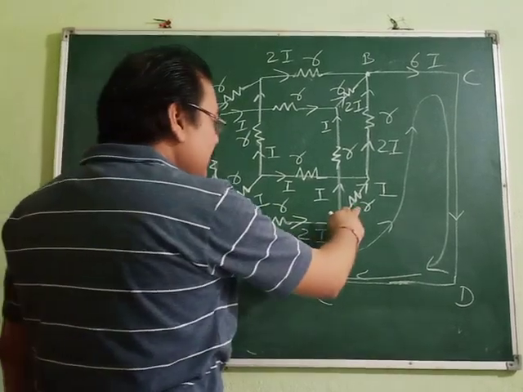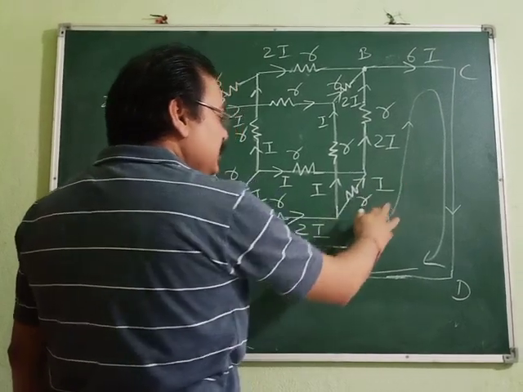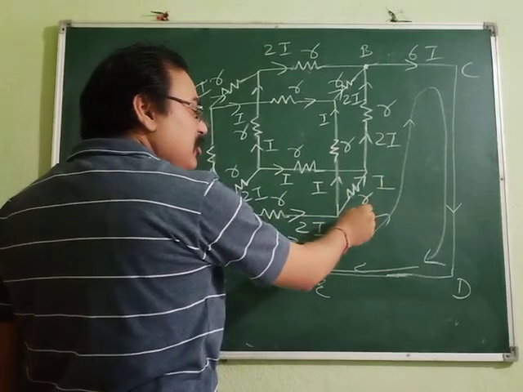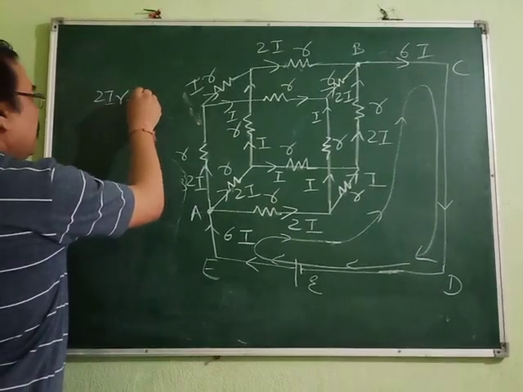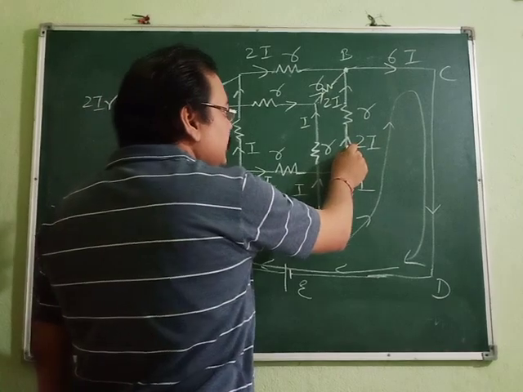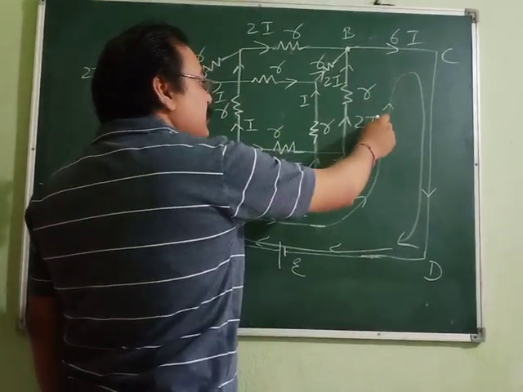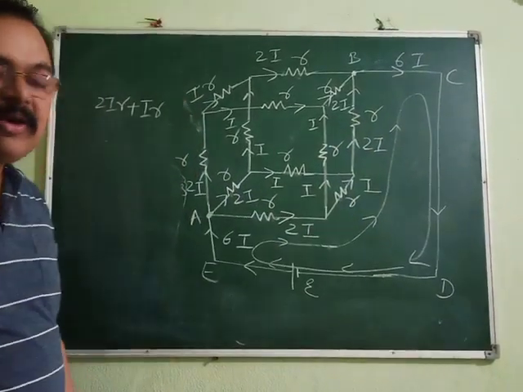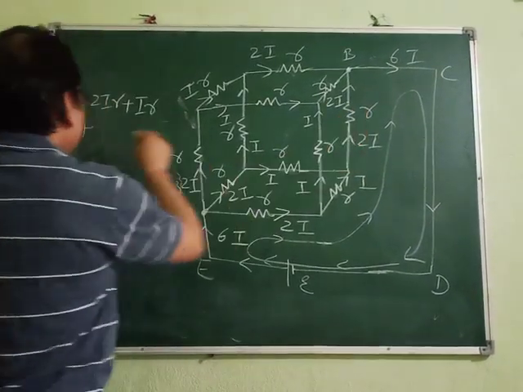Now let's move ahead. What about the direction of current? It is in this direction, and we are also moving in the same direction. So both directions are the same, and again the potential drop is positive. Here the potential drop is i into R. Now, moving ahead, we reach here. What about this resistor? 2i current is passing like this, and we are also moving in the upward direction. So again the potential drop along this resistance will be positive, so we get plus 2i into R.